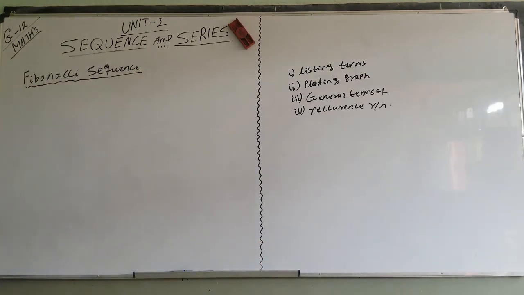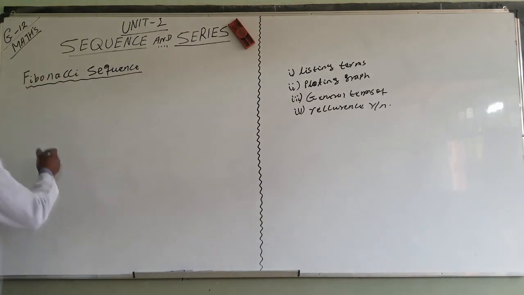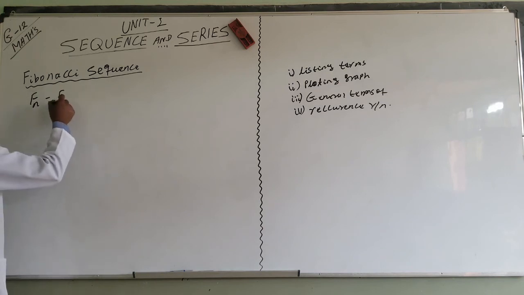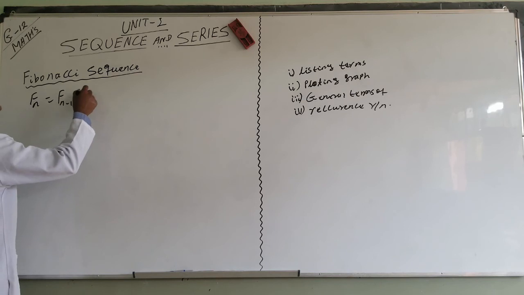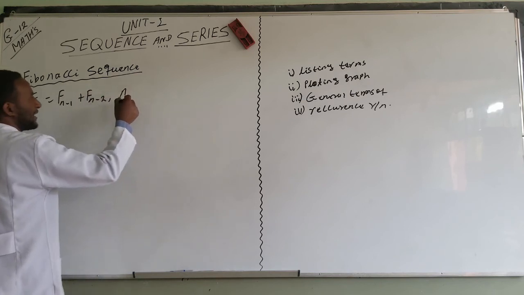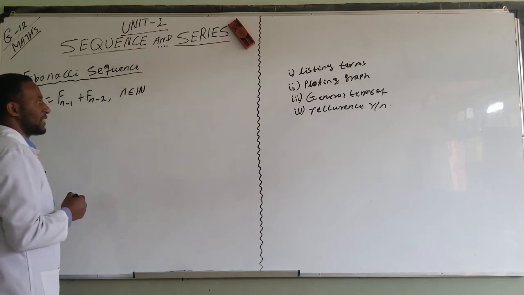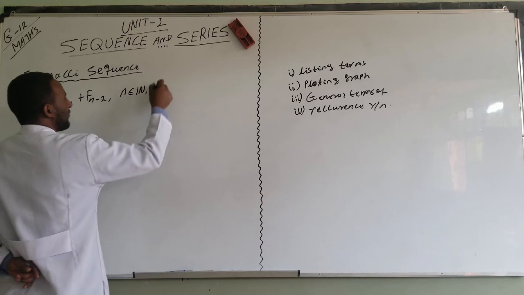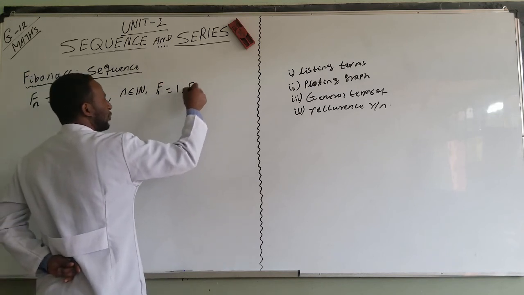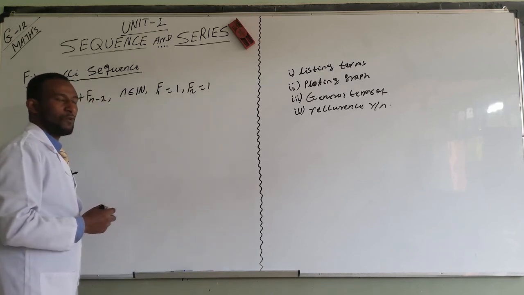When we see the Fibonacci sequence, the formula for the recurrence relation is f of n equals f of n minus 1 plus f of n minus 2, when n is an element of the natural numbers, and f1 equals 1 and f2 equals 1 are taken as the initial conditions for